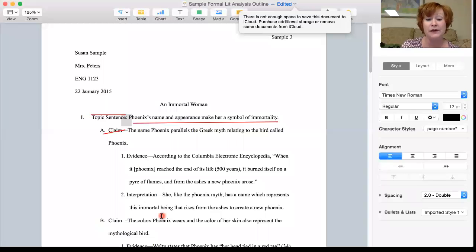Now, just like you did with your research paper, underneath your claim statements, you should have at least one piece of evidence and one interpretation statement. Now, I want to point out to you that this evidence right here is taken from a secondary source. They use the Columbia Electronic Encyclopedia. You will be using the secondary source that I provided for you in the previous module. But you'll notice that it's introduced in the same way that I'm asking you to,